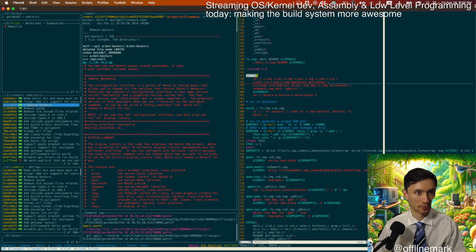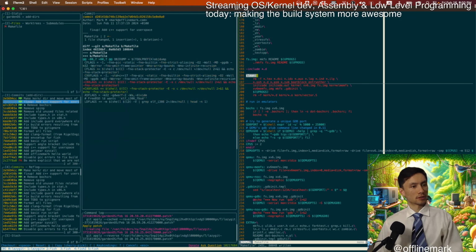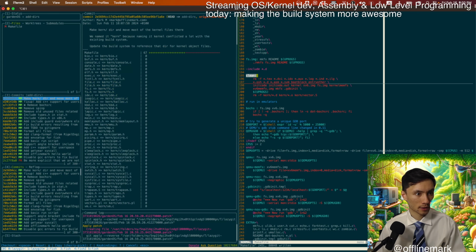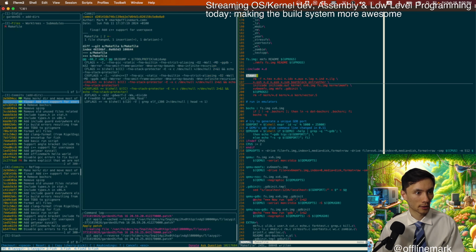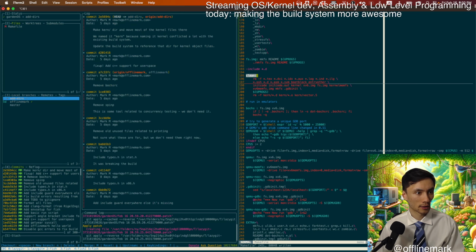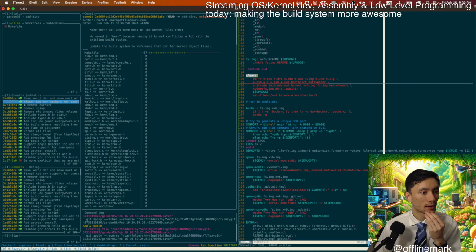So this is kind of like my main branch, it's the offline mark branch. For some reason, there's this fix up commit that's now in our add_ders branch, but it shouldn't really be there. This is the first commit of the add_ders.